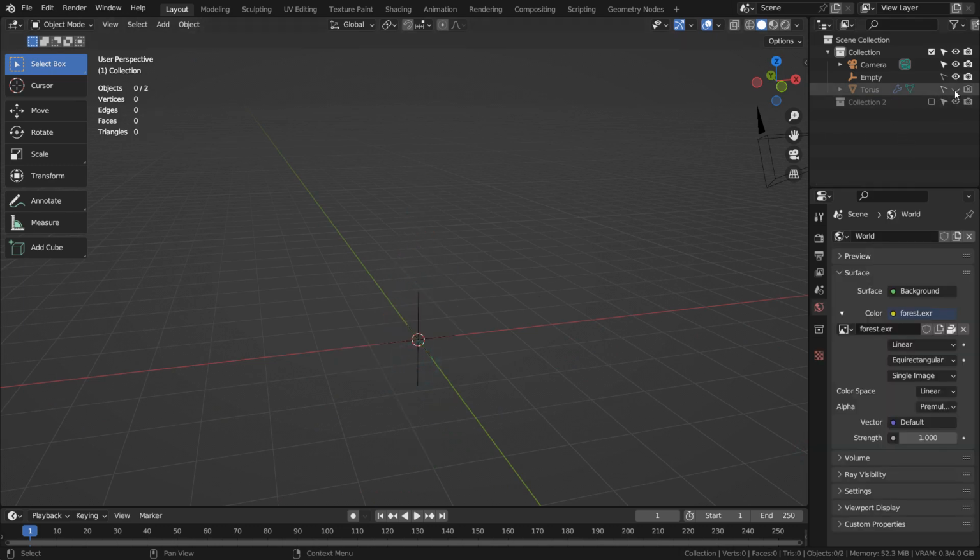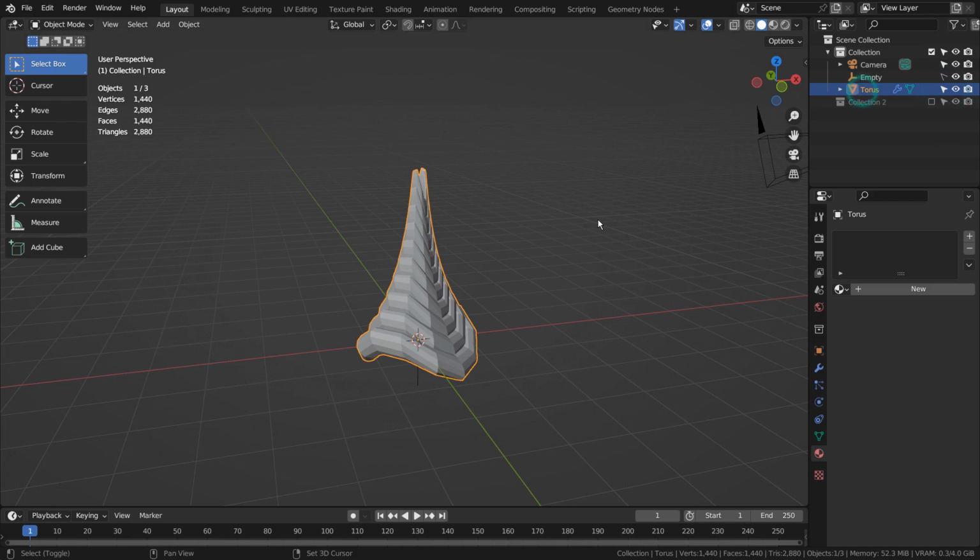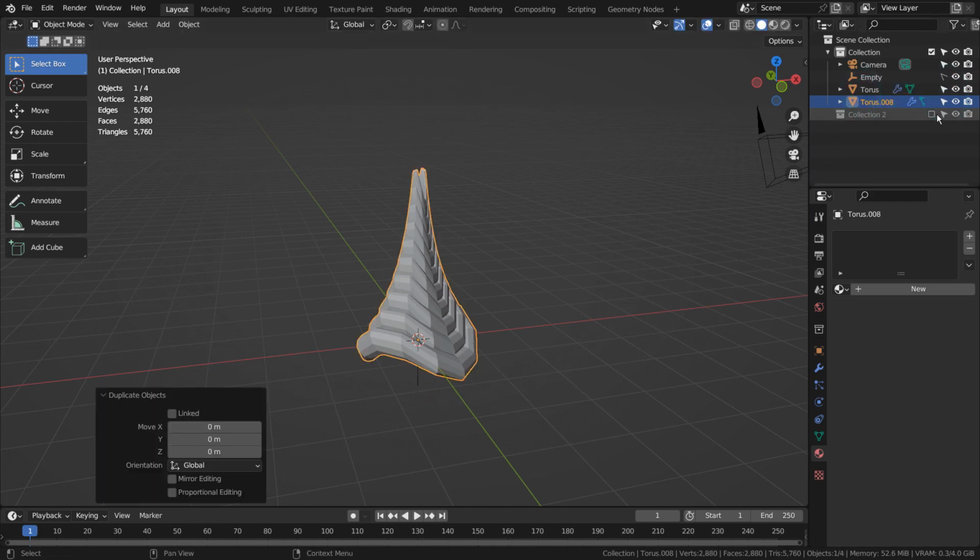The golden mesh was created by applying all modifiers, and by using a curve modifier with an extruded curve like this.